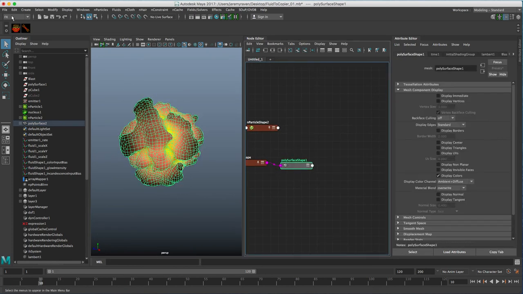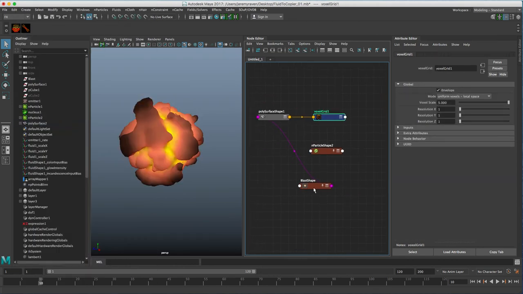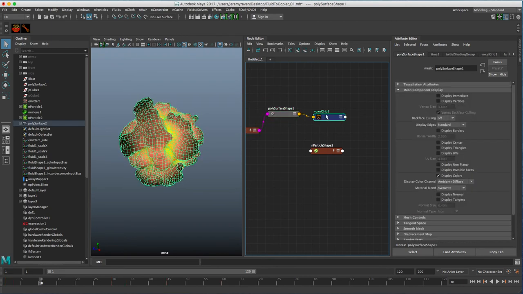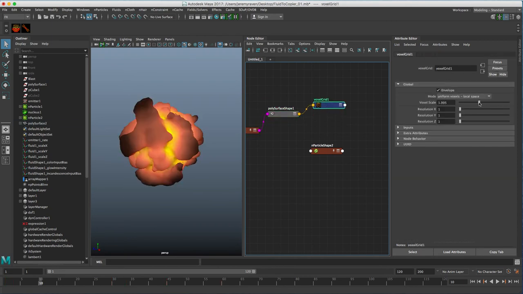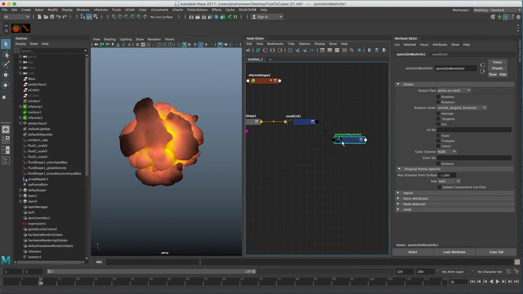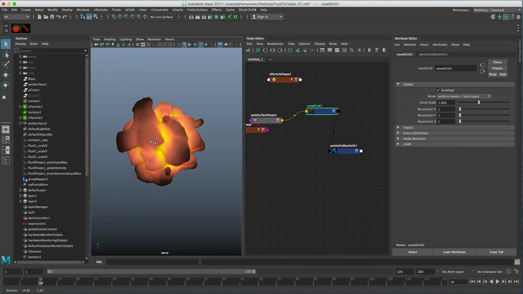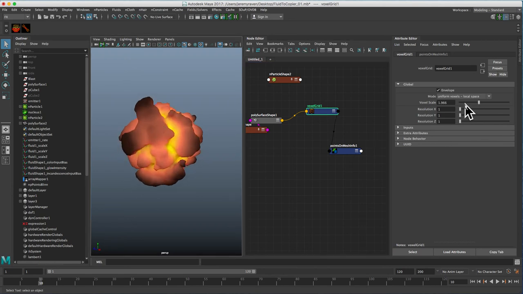We create a VoxelGrid node, and we can play around with the voxel scale in a minute. And also from there we just want to create a point on mesh info node. So the VoxelGrid just basically creates a voxelized grid around the mesh, and we can control the scale here. Obviously the smaller the value, the tighter the mesh is going to be,